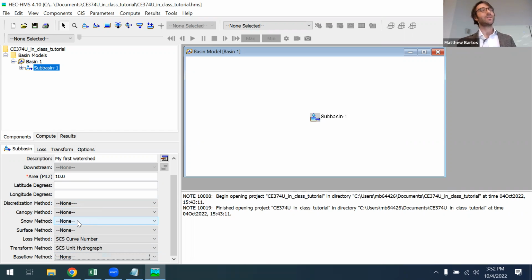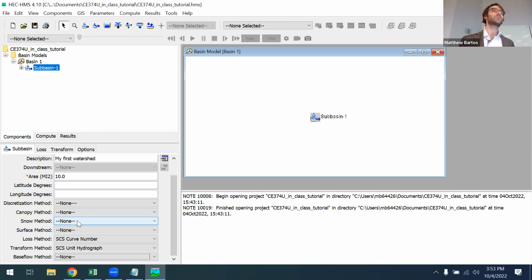Because hydrologic modelers are often interested in base flow. Base flow is essentially what's going to be creating the stream flow when there's no rainfall input. And usually there is some sort of stream flow, even though there's no rainfall input, so often it's important to model that. We're ignoring it now because we're just interested in a storm event, so it's not going to be significant. Okay. Are there any other questions on the sub-basin model?